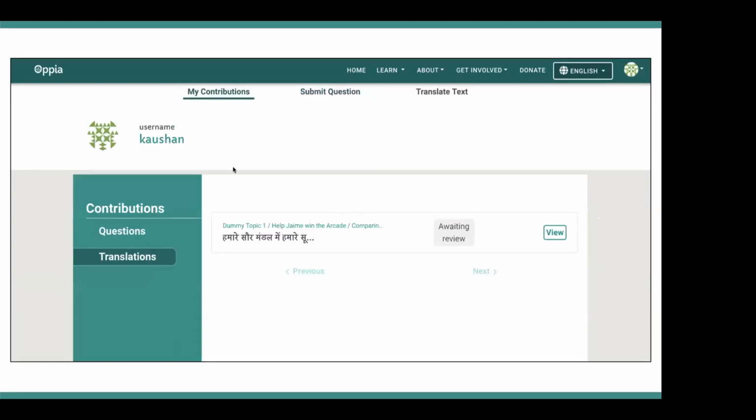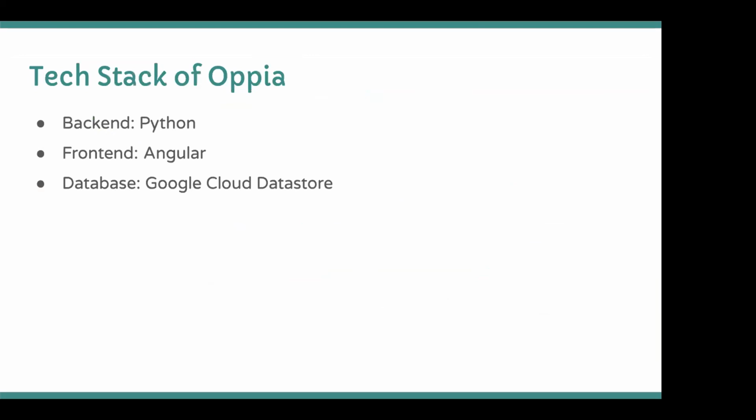Then we have my contribution tab, where you can see a summary of the contributors' translations, question submissions, or reviews that they have done. We used Python in our backend, Angular in the front end, and Google Cloud Storage, Cloud Datastore as the database.